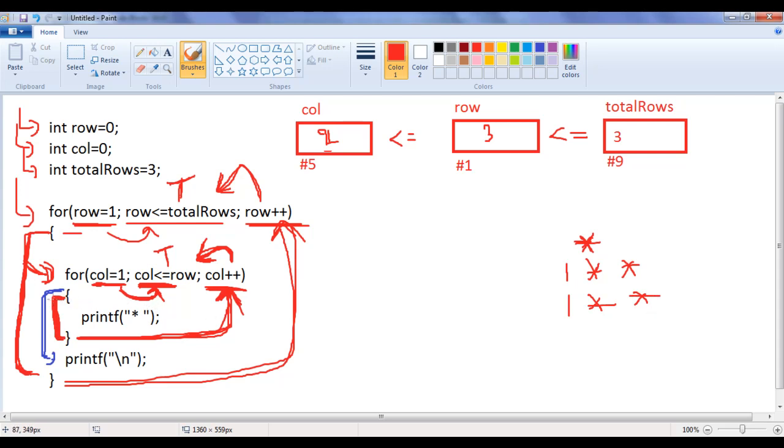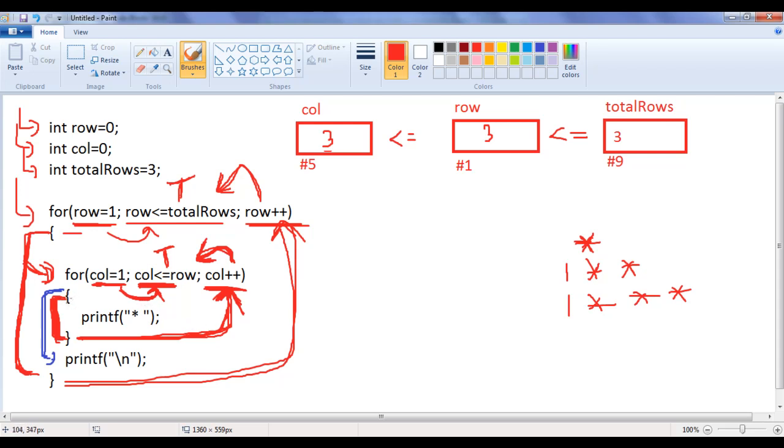After executing all the statements in the inner for loop body, control goes to increment or decrement part of the inner for loop. Call plus plus is executed. Call is 2. It is going to be incremented by 1. It becomes 3 guys. Then it goes to condition part of the inner for loop, checks the condition whether call is less than or equal to row. Call is 3, row is 3. 3 less than 3 is false, but 3 equal to 3 is true. Any one condition is true, the result will be true. As this condition evaluates to true, it executes the body of the inner for loop. Printf star displays one more star beside the previous star.